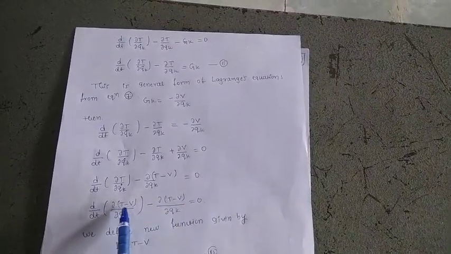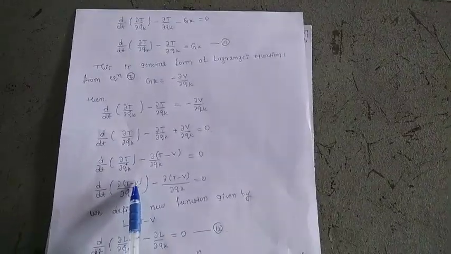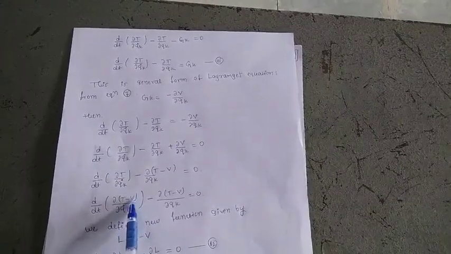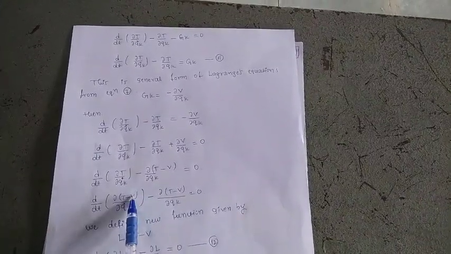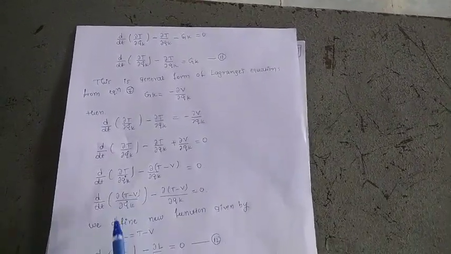Here we can take T minus phi. It means phi is a scalar potential. It does not depend on the generalized velocity. Hence there is no problem in taking this term. After differentiation, this term value becomes 0. That's why this scalar potential vanishes. We can take this phi.